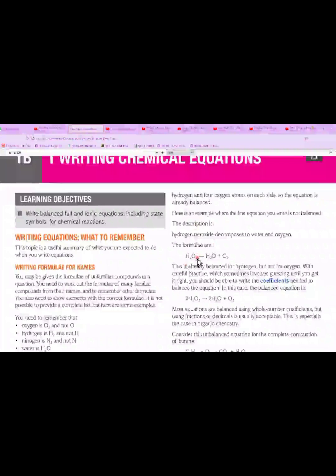Now, when it comes to counting their number, the best idea is to first see the metal, then you can refer to any other non-metal except oxygen. The third step should be balancing oxygen. At the very end, you can balance the number of hydrogens.